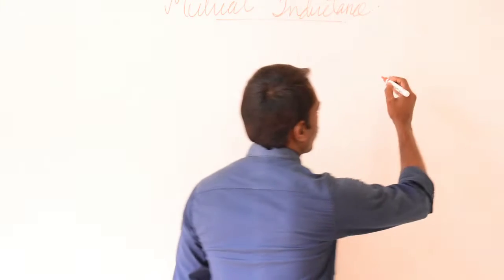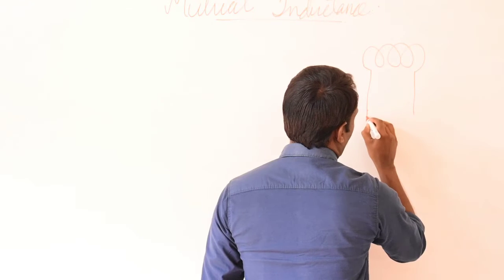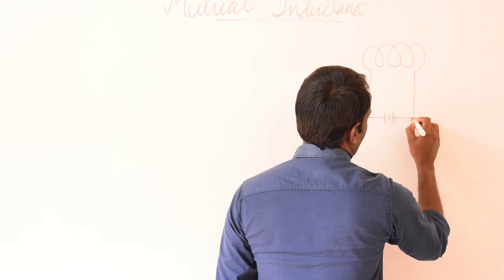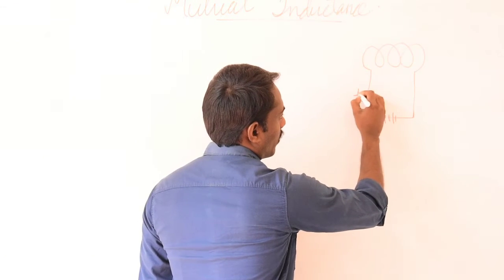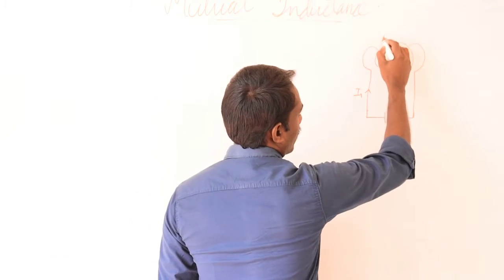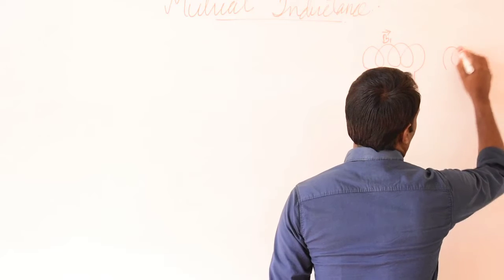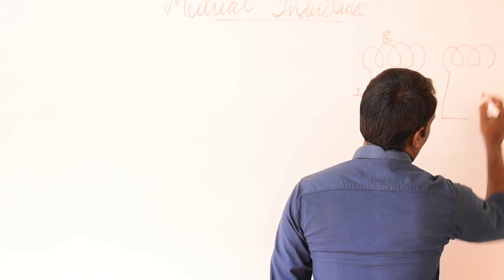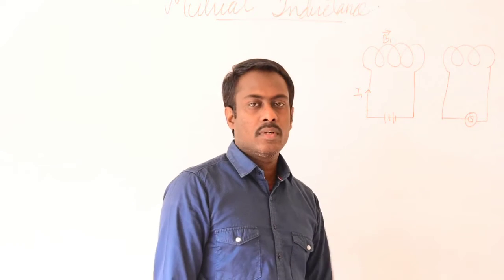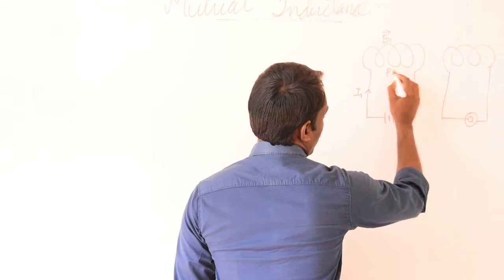Here, consider a coil which is connected to a battery, and an electric current I1 is flowing through this conductor. When this electric current I1 is flowing, it produces a magnetic field B1. Another coil is placed nearby, which is connected to a galvanometer, and this galvanometer is used to measure the induced current produced in the second coil. Assume that this coil is P and this coil is S,